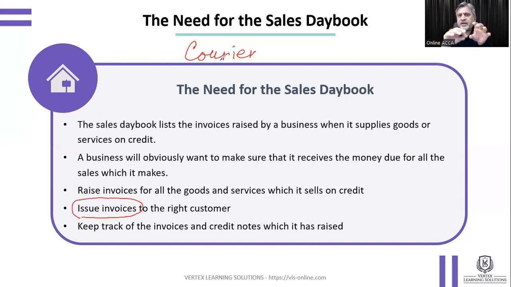And addresses are already written there. So reception will call the courier office that we have 5 letters to be delivered, please send someone to pick them up. So you have a contract with that courier company. That courier company will send one person. He will come in and see the letters. He will pick up the letters and he will just give you one document that I have received these